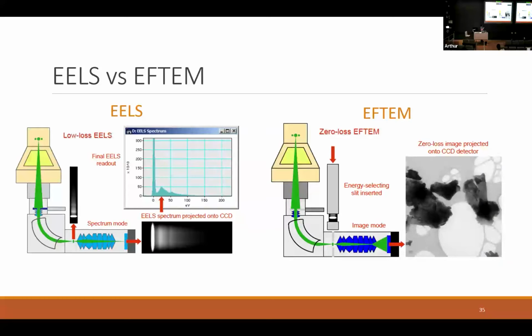However, in the TEM, we like to play games. And one of the things we like to do is to change what projection we're projecting onto a CCD. So sometimes we'll project a diffraction pattern, sometimes we'll project an image. Analogous to that, the EELS spectrometer can either project the spectrum onto a CCD or it can project the image. So you're like, well, why would I do that? I could just put a CCD there. That's kind of silly. But one of the cool things is at this point here, we've still got the spectrum because that's what's come out of the drift tube. So then we can apply a mask onto that, and then we can just use electrons of a certain energy to form the image that we're using.